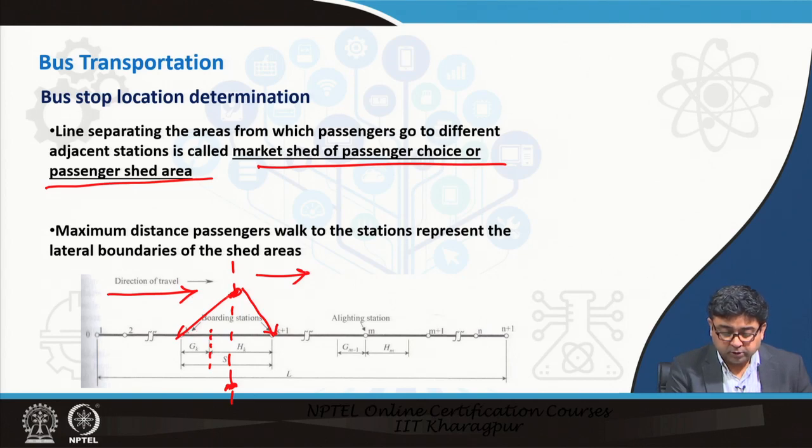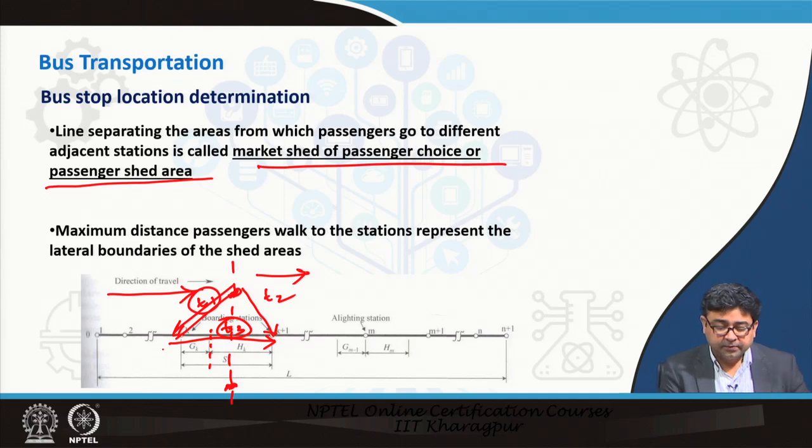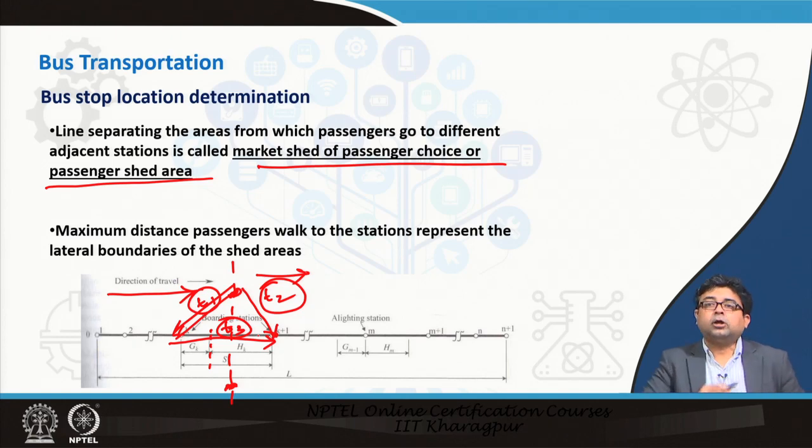Although these two travel times T1 and T2 may be equal, you would want to travel to k plus 1, because if you went to k, then again you had to get on the transit line. So, there will be this travel time and this T3 that will be added on to your total travel time, right. Rather than that, you would just want to go to k plus 1 and then get on the transit line. So, even though you are in the center of the market shed or the passenger shed area, you are more and more likely to go towards the station that is towards the direction of your travel.